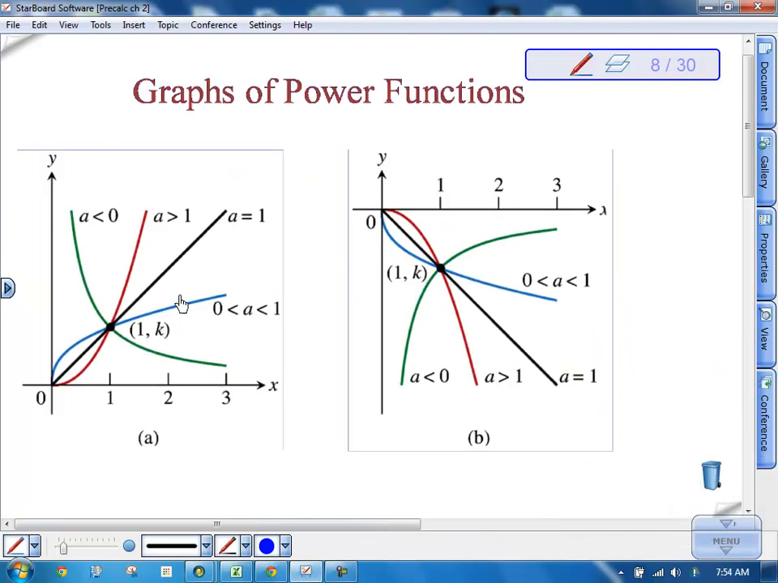Okay, so the book talks about what happens when you have, for example, in the power function f of x equals k x to the a, what happens if this exponent right here is less than 0? If it's less than 0, like say -1, then, and you can rationalize all